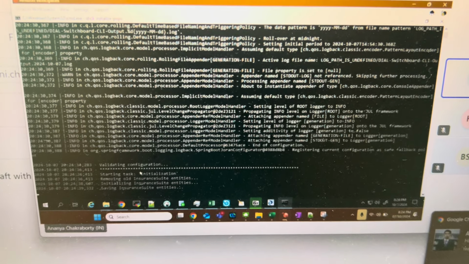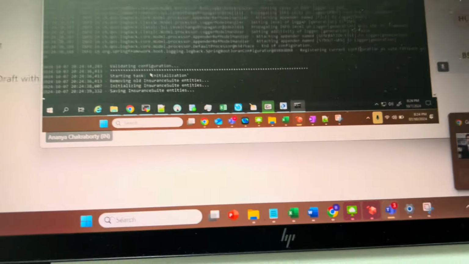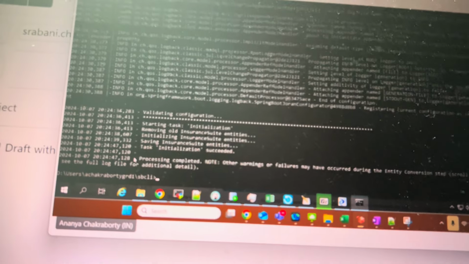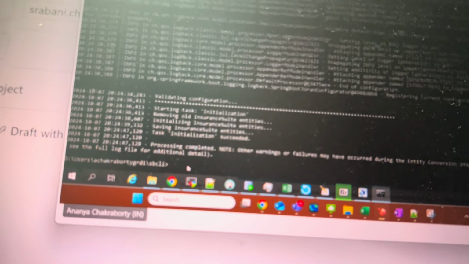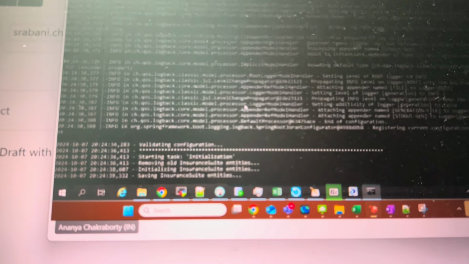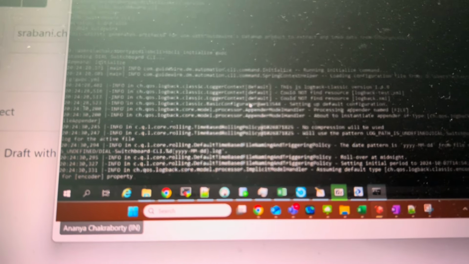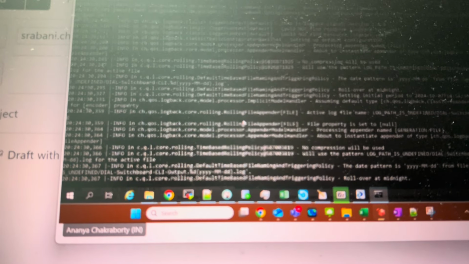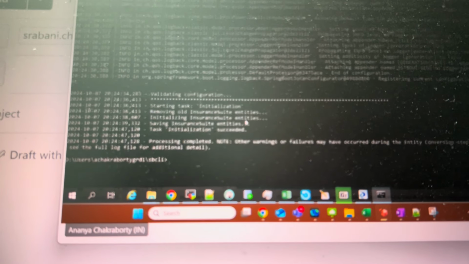While it is running, refrain from going to different places. Just stick to this screen only. This is completed, and just make sure there is no error here. If you see any errors, then you have to analyze and fix them. So far I'm not seeing any errors here.